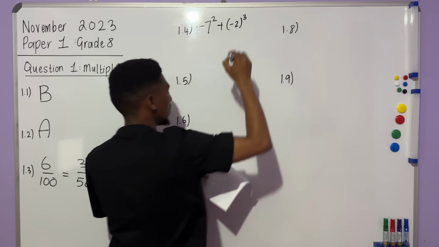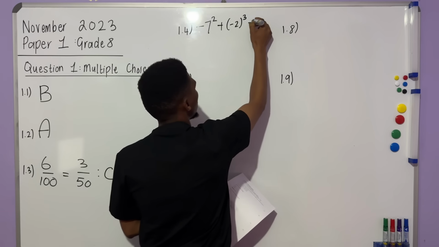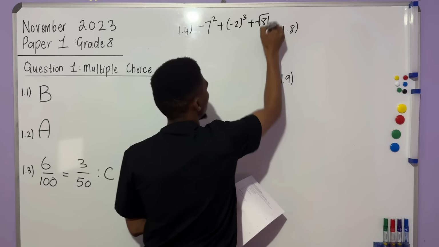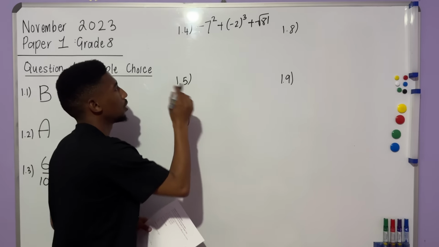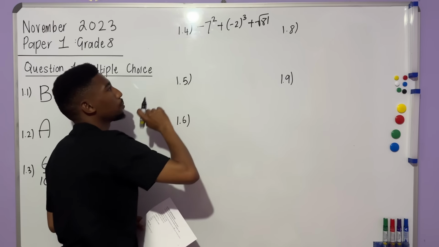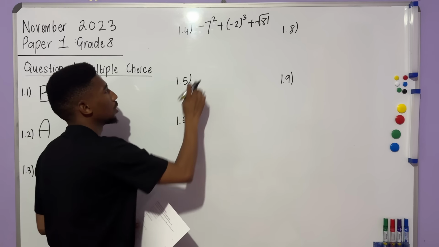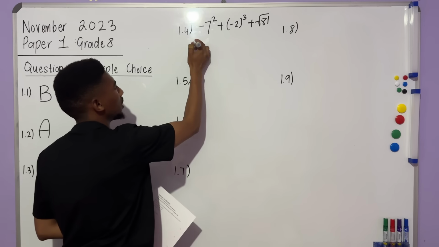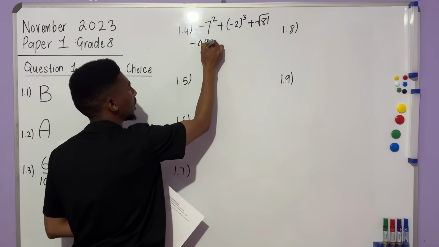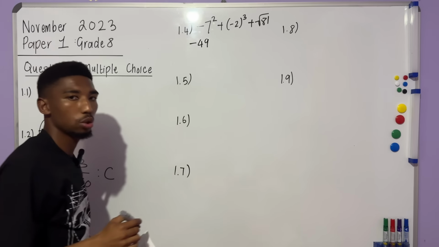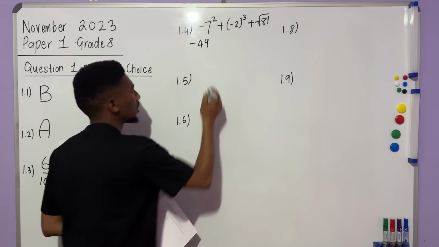Note that that is in brackets, and plus the square root of 81. Now, that squared only applies to the 7 and not the negative. Okay, so that would mean that this is minus 49, because 7 squared means 7 times 7, which is 49,